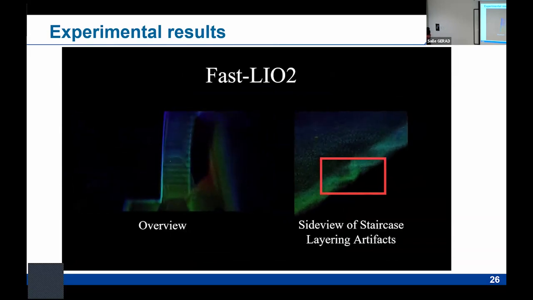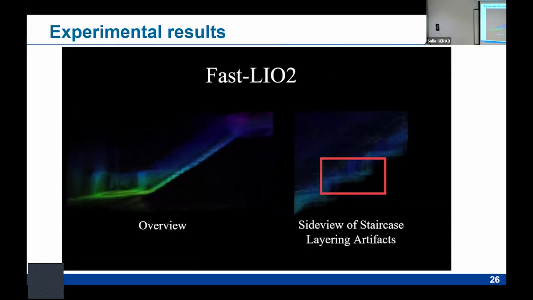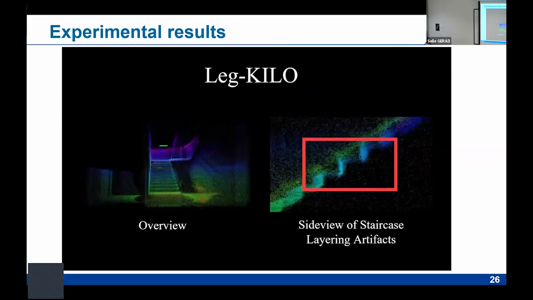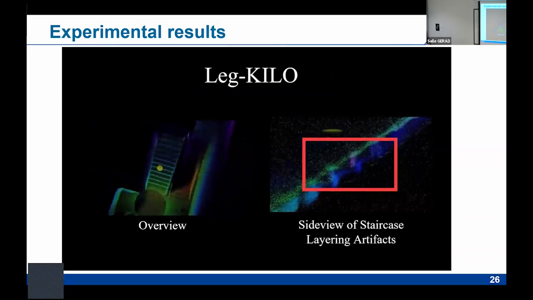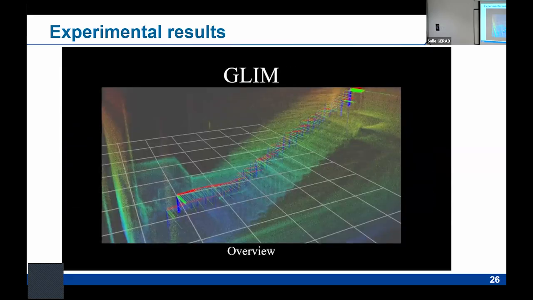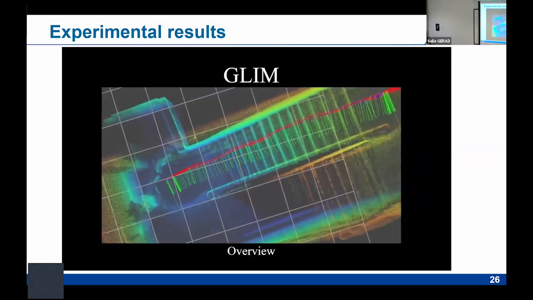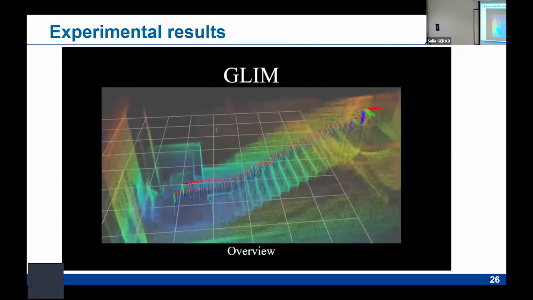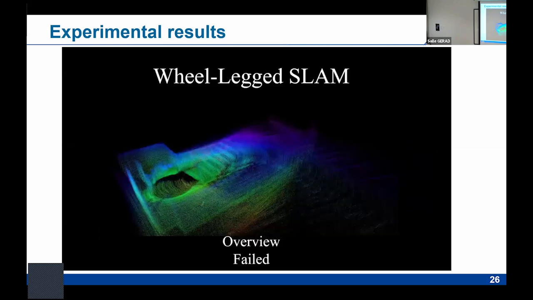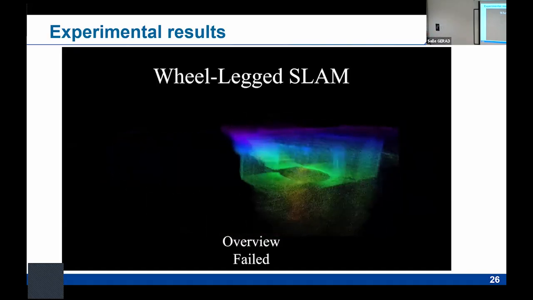So this is Fast-LIO2, which is a well-known method. And then you have other methods like LeGO-LOAM, or the one from ETH, and you can see that you have artifacts on the stairs. Some others don't even converge. This one also has smears. We also tested in some other wild environments on campus, for example the botanical garden, as we can see, but I don't know how to fast-forward that. This one doesn't even converge, so it failed.